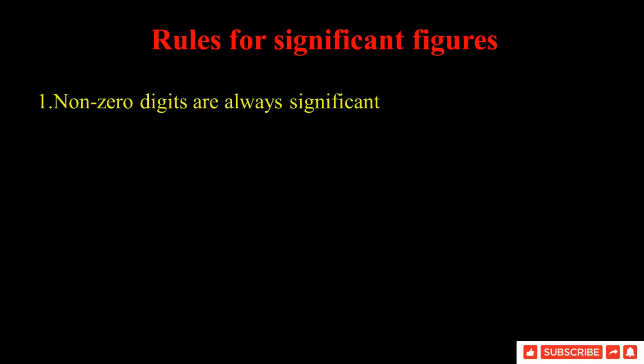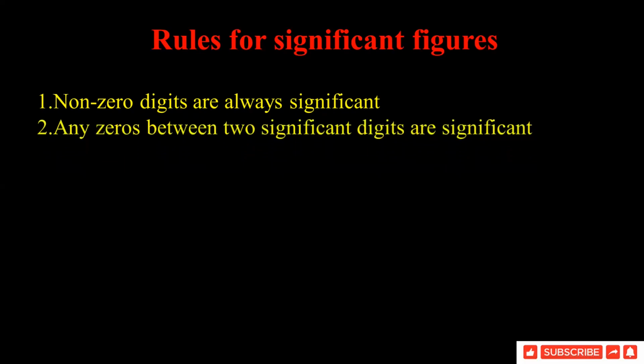Rules for significant figures. These are the rules how we determine or identify that from where the significant figure starts of the given number. So for that one, we check. Non-zero digits are always significant. Any zero between two significant digits are significant. If you have an example,